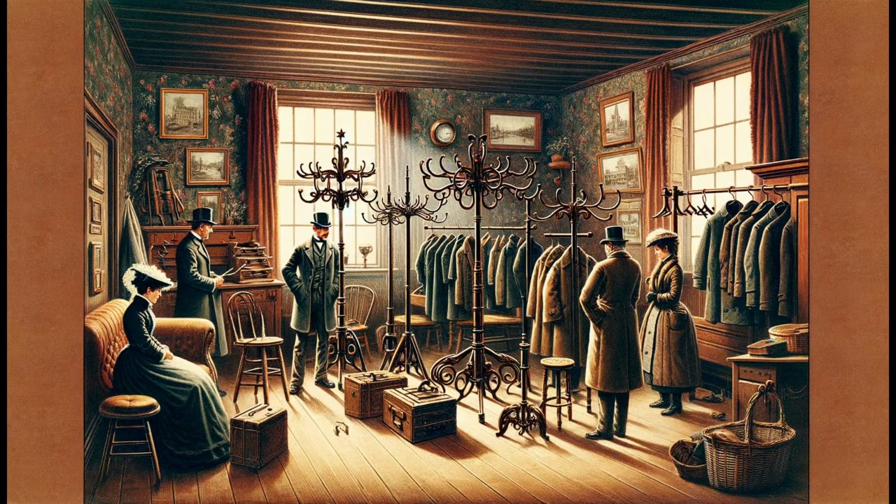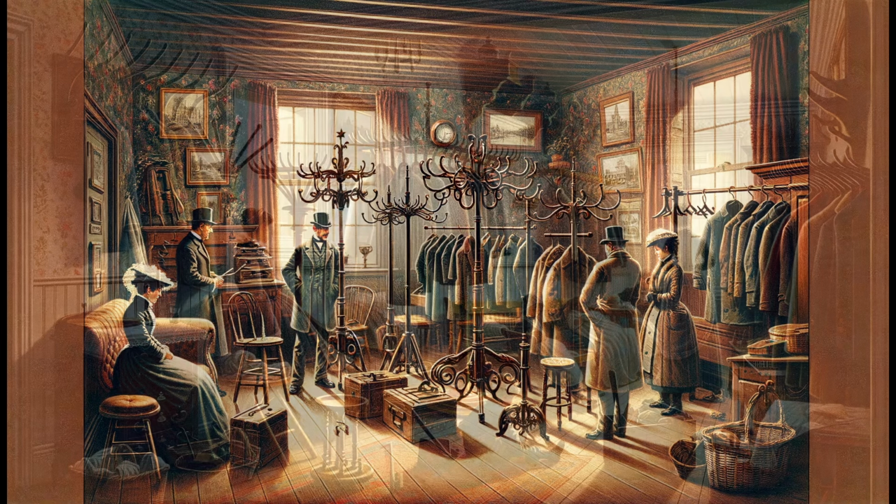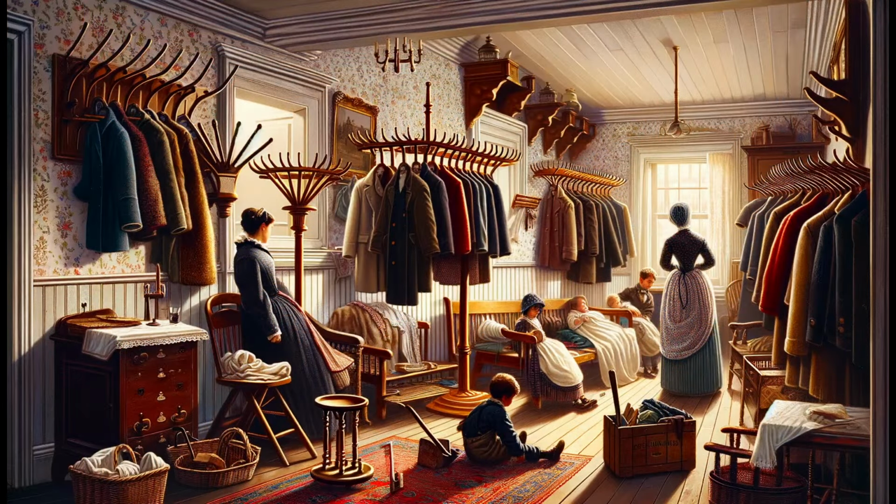By the 19th century, industrialization brought about mass production, making coat racks accessible to the masses. No longer a luxury reserved for the upper crust, coat racks found their way into the entryways of ordinary households. People embraced them not just for their utilitarian purposes, but also for the sense of order and style they brought